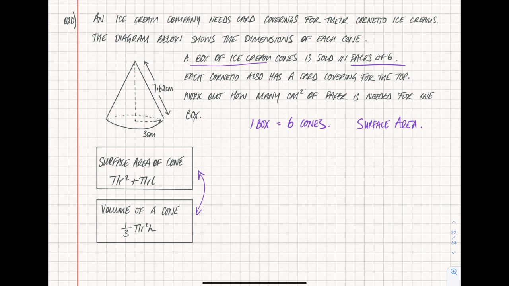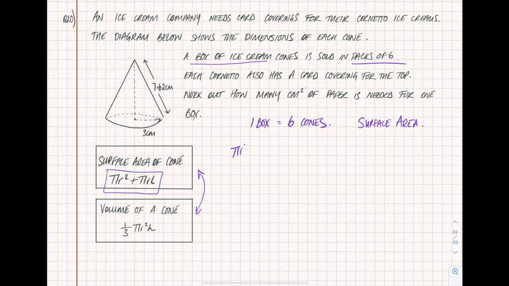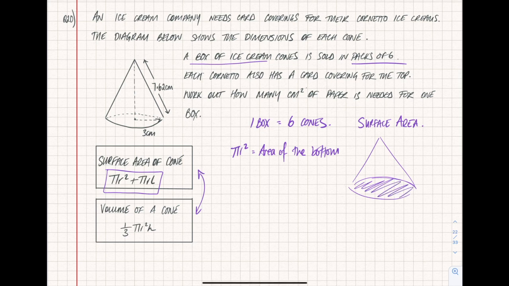So if we look at that, then it says here to work out the surface area of a cone, the pi r squared part is the area of the bottom. Okay, so that's what that bit is referring to. So if we think about our cone here, imagine a cornetto cone. That bit there is the pi r squared, that's the area of a circle. Then the pi r L is actually, what we're talking about is this outside bit here. It's the bit of the cone that would be on the outside, so that bit of paper that would cover around the outside. So that's the curved